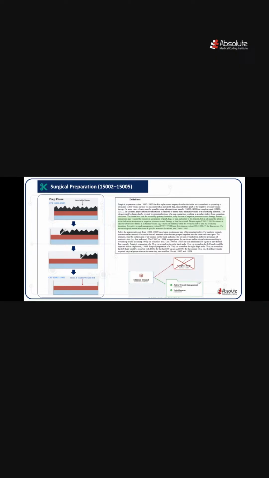body areas involved. So in a simple way, if the wound is being actively prepared for closure and reconstruction, that is when we use the surgical preparation codes, that is 15002 through 15005. And if the wound is only being cleaned and left to heal naturally, we use the wound care or debridement codes instead. Okay,